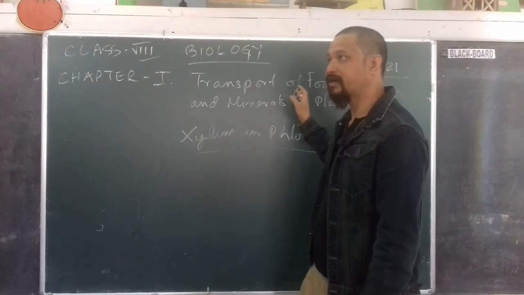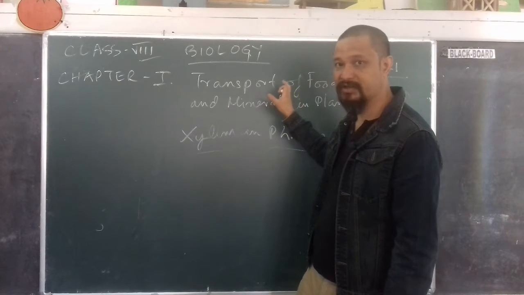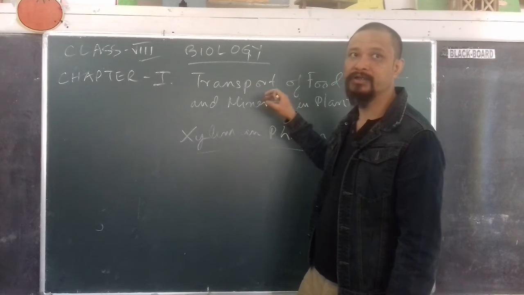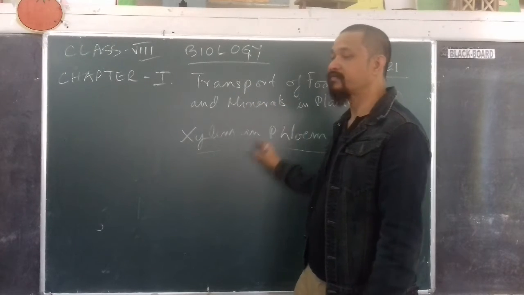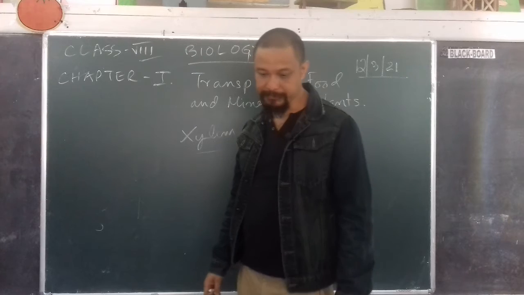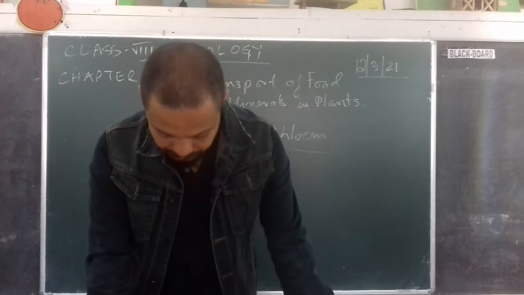Okay, food is manufactured, and whatever food is manufactured in the leaves now needs to be distributed throughout the plant so that the plant can nourish itself. That is done by the phloem. Understood? So,